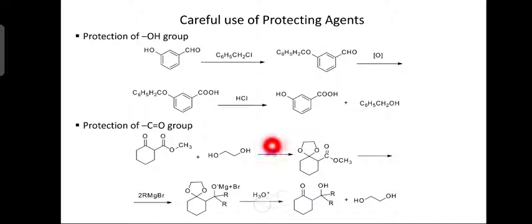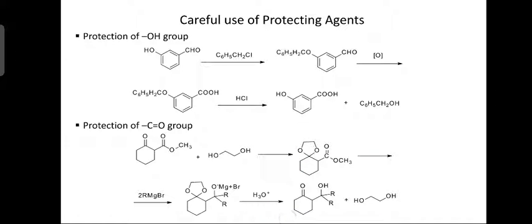This will react with the alkyl magnesium bromide, formula is RMgBr, to give magnesium complex. This is the magnesium complex formed. This on reaction with hydronium ion, that is H3O+, gives dialkyl derivative. Here two R groups are there, that means dialkyl derivative is obtained.